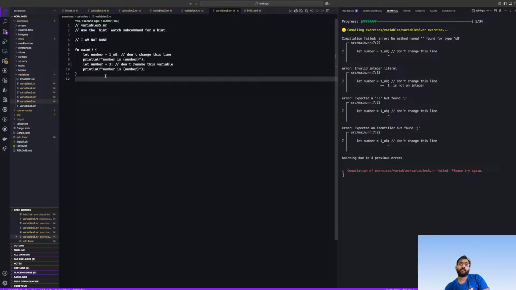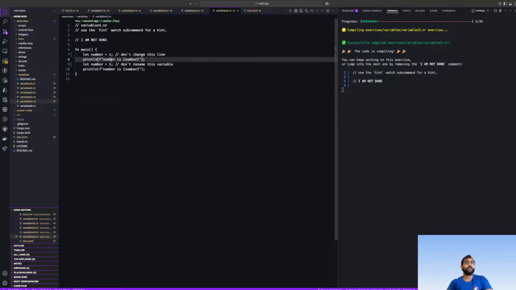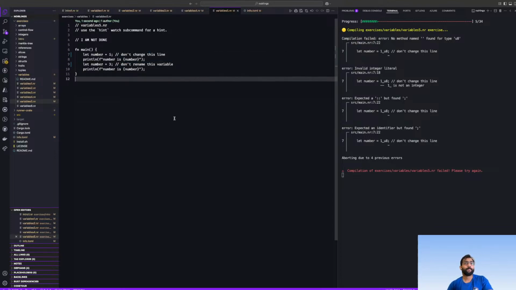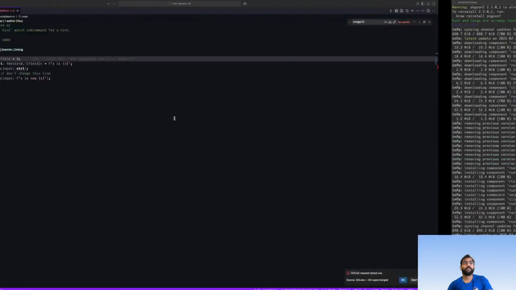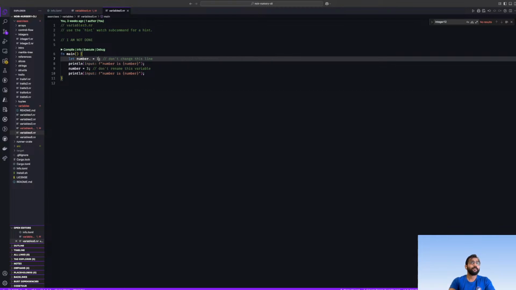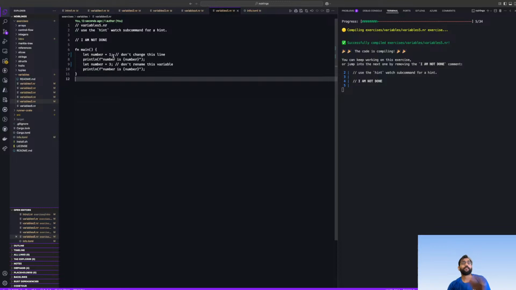Can we, is this because of this one? Okay, I mean, this is definitely some version-related changes we are seeing now. Because, okay, so variables 5, I guess. Okay, so the exercise was incorrect.